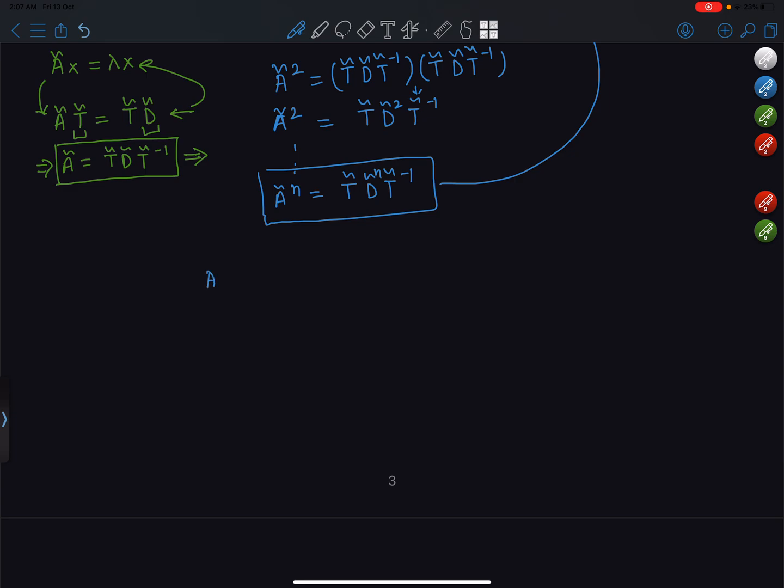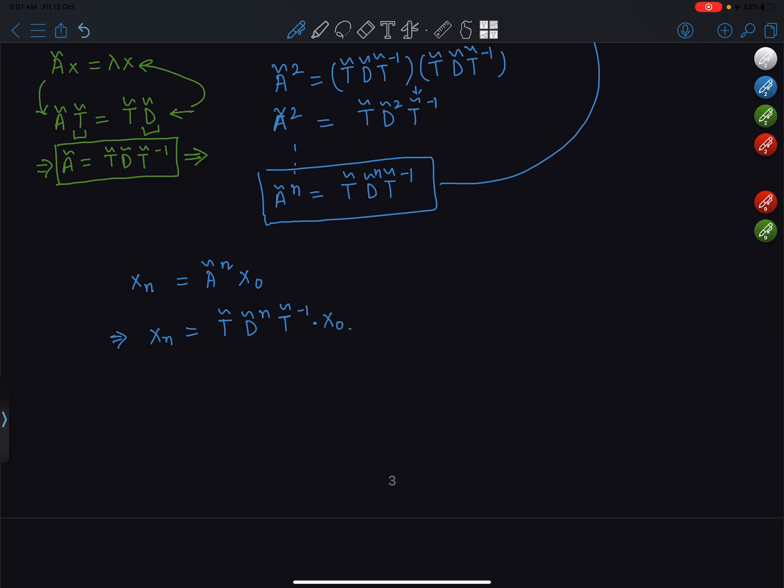A tilde to the power n x naught is equal to x n, correct, which can be written as x n equal to T tilde D tilde to the power n T tilde inverse